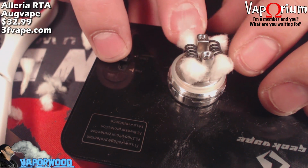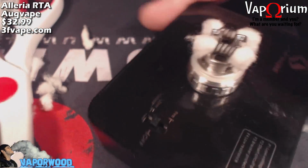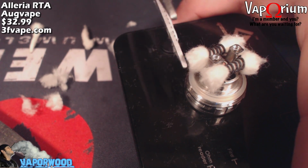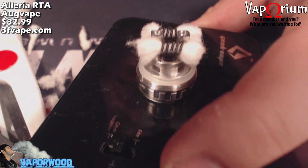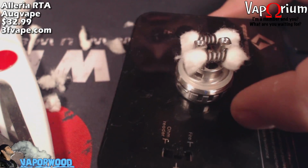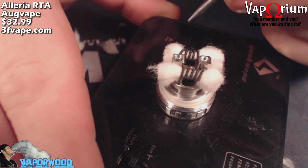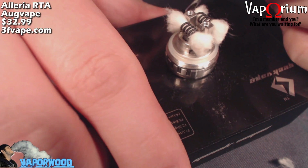I'm just checking to see how long these are. This one could be trimmed just a little bit. We'll go ahead and trim that one just a smidgen. And it's going to be about like that, guys, really tiny. And you're just going to take a little screwdriver or a pick, whatever you have. I like to use just a little flathead screwdriver, and set these, tuck your wicks